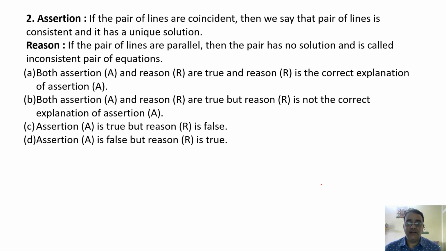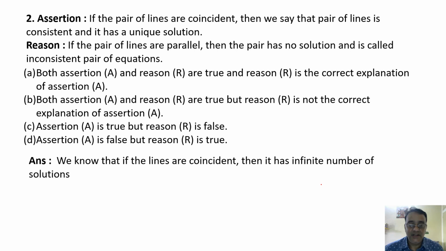Infinitely many solutions. Very good. It has infinitely many solutions. So the assertion is wrong. Okay, the assertion is wrong. एक मिनट,